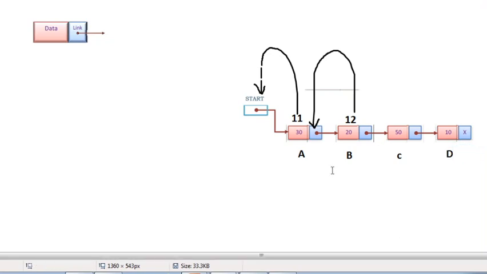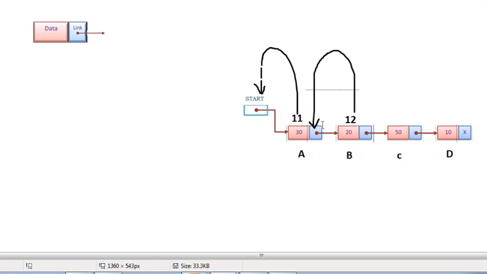So a linked list is a linear collection of data elements: 30, 20, 50, 10. These elements are linearly ordered. These data elements are available in nodes, so we can say each one is a node.